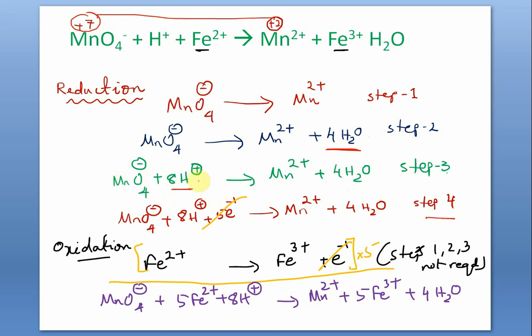In this side, you count the total charge. It is +8 minus 1, that is +7. For 8 H plus ions, the total charge is +8, and 1 permanganate ion is -1. So the net charge is +7 in the LHS. And in the right side, it is +2. This is neutral. So how to equalize? And since it is a reduction step, you make sure that electron has to be added in LHS.